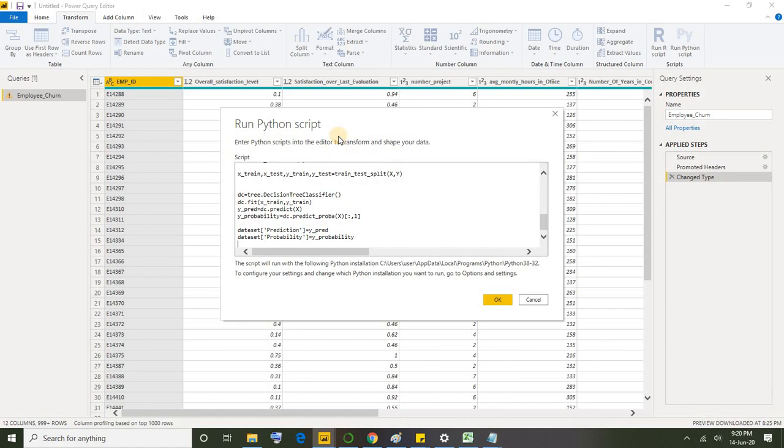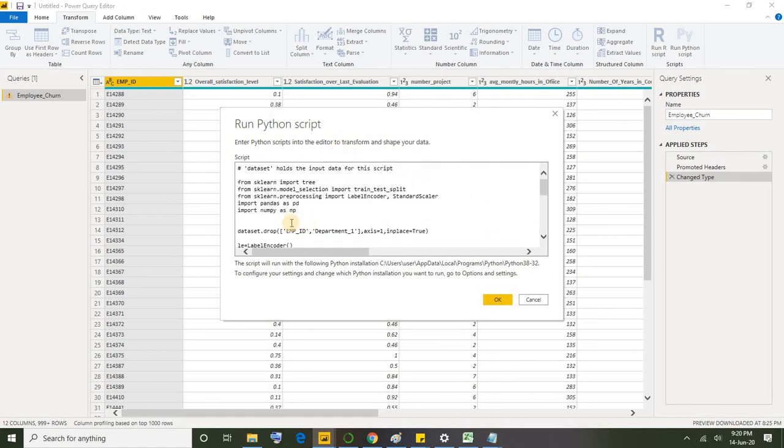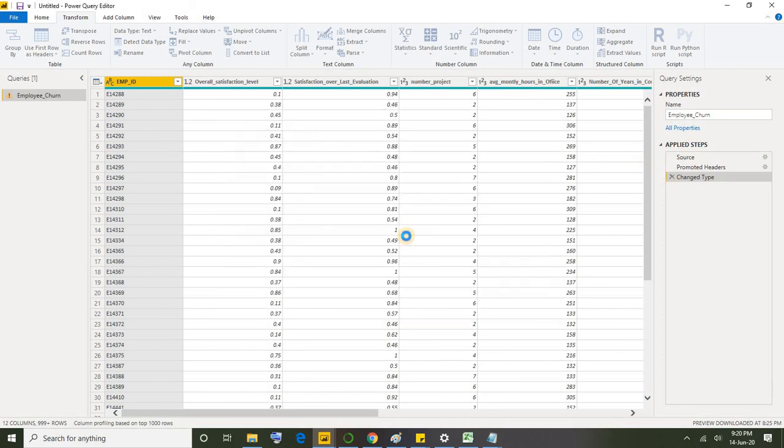If you look here, the import step, where we imported data from our CSV into a data frame, is not there because we already imported it here. So we have nothing to do, just copy and paste that Python script here and run the script. It may take a few seconds, bear with me and just wait for the result.